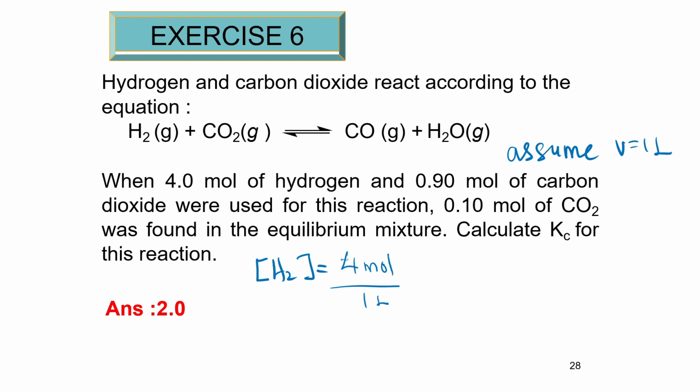So 4 over 1 equal to 4 molar. And then concentration of CO2 equal to 0.9 molar. Mole over 1 liter equal to 0.9 molar. So we have got the molarity, and we can calculate the